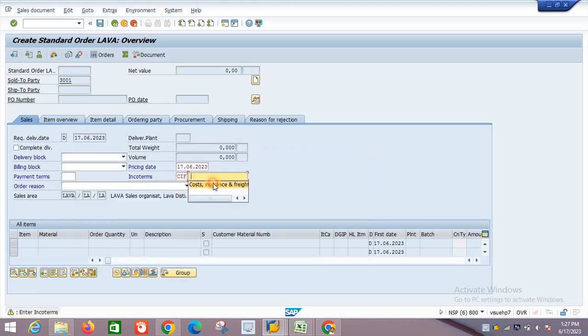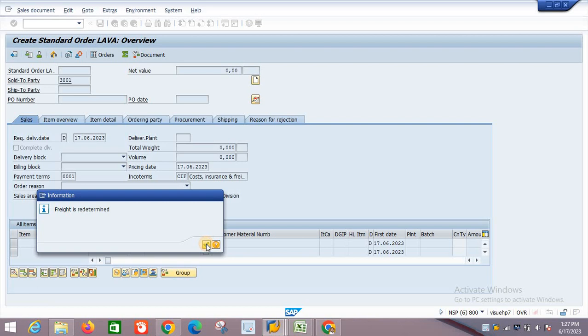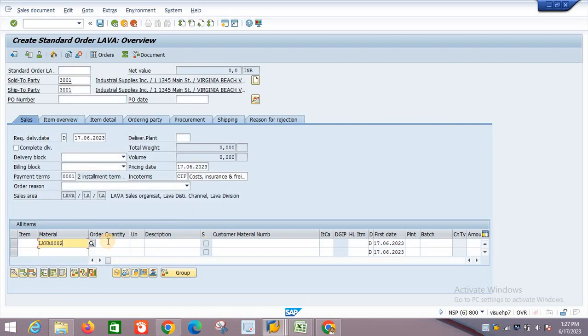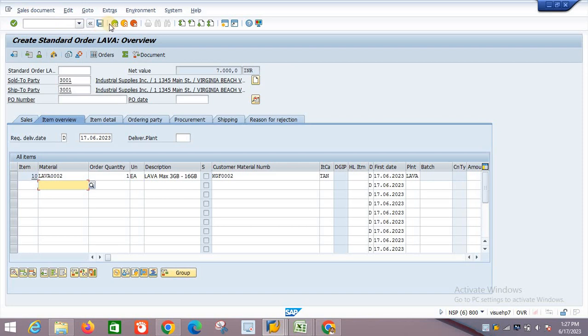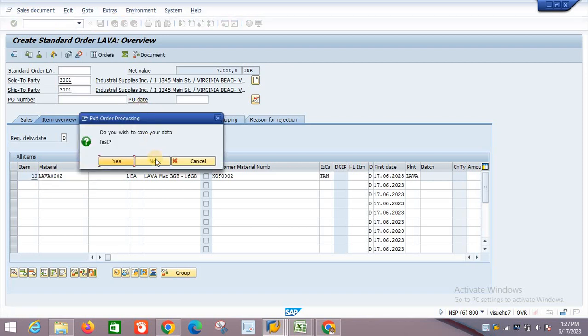Input term, whatever the mandatory field is there, that I will take. Now I will put my material. Okay, still it is not taking. Let me go completely back.